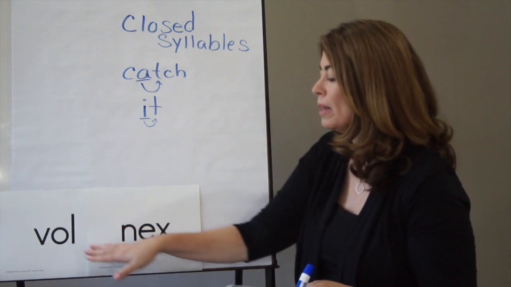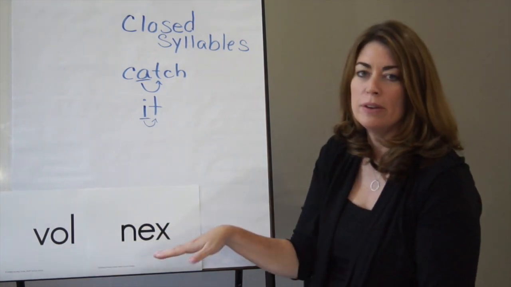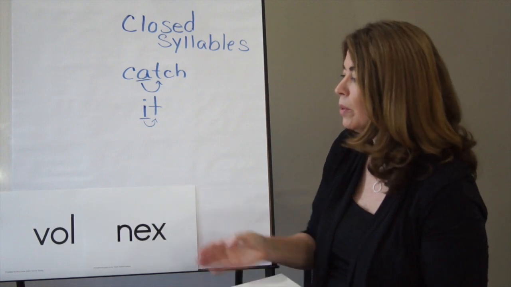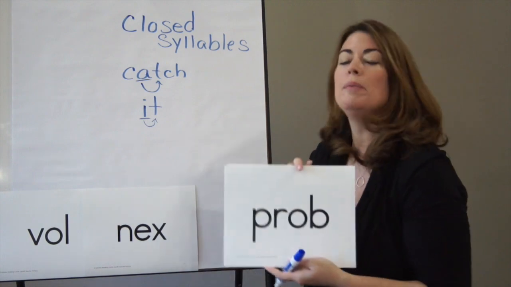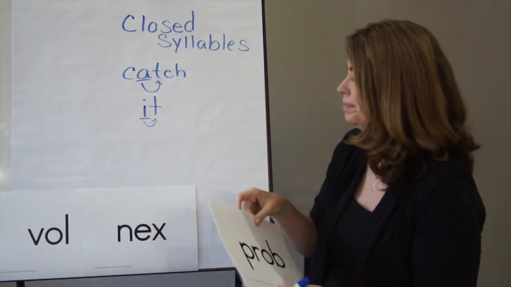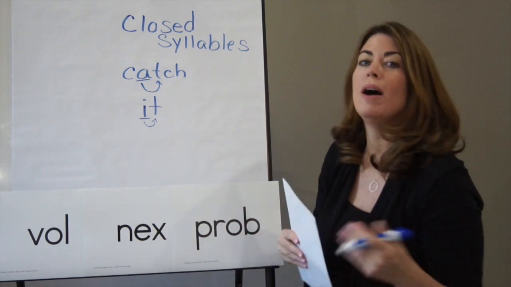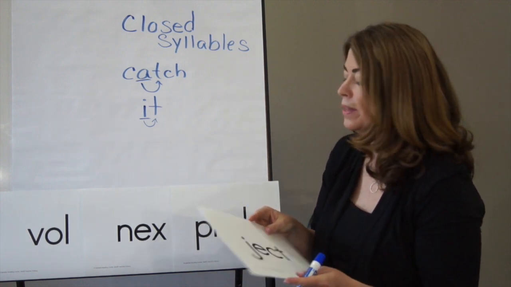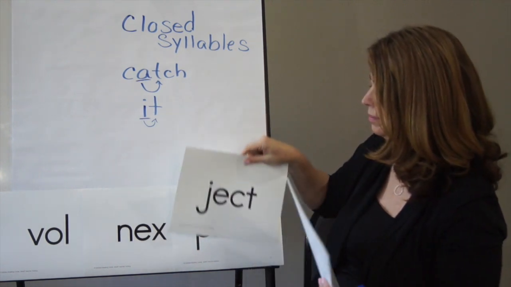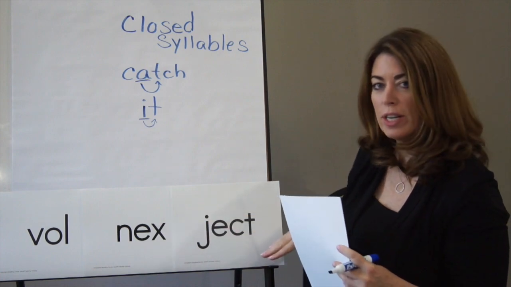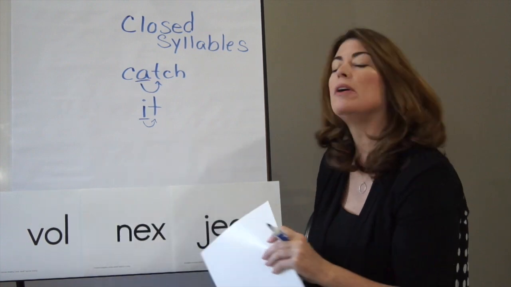Here, we can start putting them up and having them blend them together. So let's blend this. If we have vol, next, and put that together, vol, next. Not a real word, but technically it could be. These are all real syllables. Then we'd look at this one, and we would say closed, prob. So this word is vol, next, prob. Obviously not a real word. Then the next one, we would say closed, ject. Vol, next, ject. So they're just going to get practice putting syllables together and blending them into words,